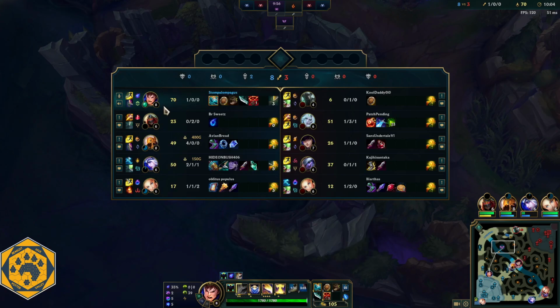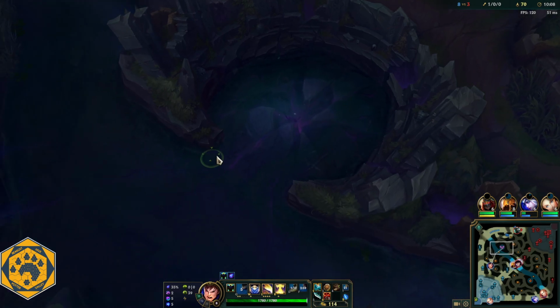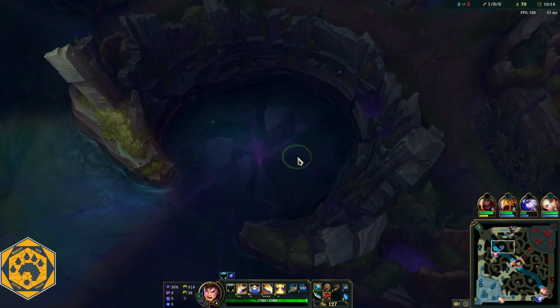Mordekaiser's back up there. He's level 4. I'm level 8. He has no items other than his starting items, so I can basically kill him on sight. He's not much of a threat. All kinds of weird stuff happening in the game. But yeah, again,